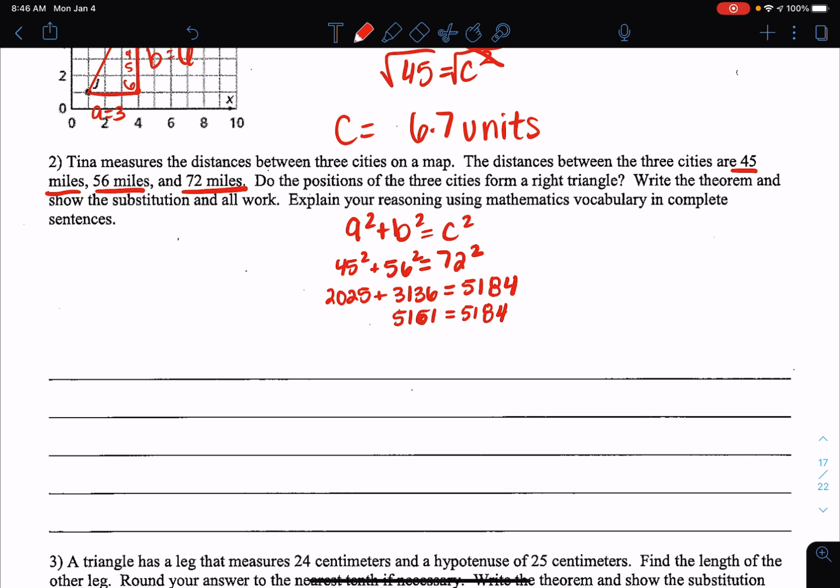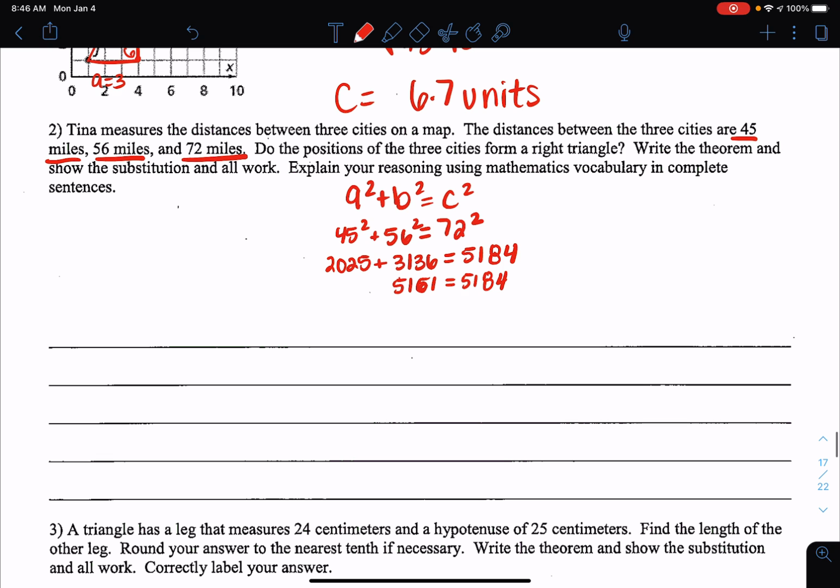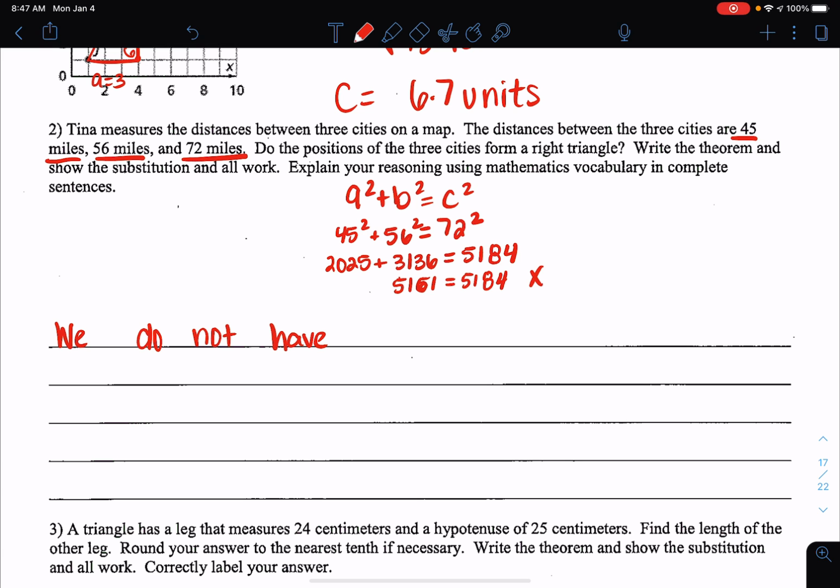Okay, now I still have to explain my reasoning, and I have to use my vocabulary. We know that we have legs, we have hypotenuse, we have the Pythagorean theorem. Those are the few vocabulary words that we have for this unit. So what I'm going to do is write, we do not have a right triangle